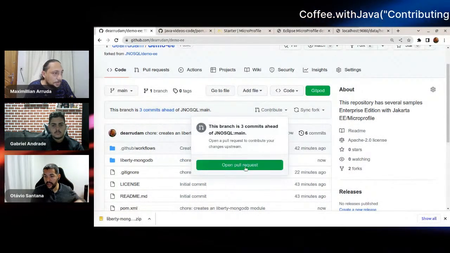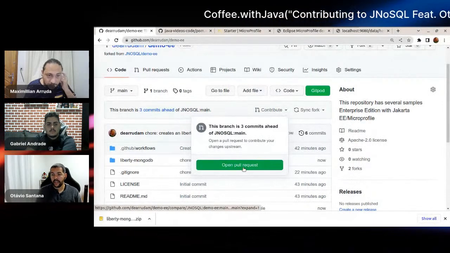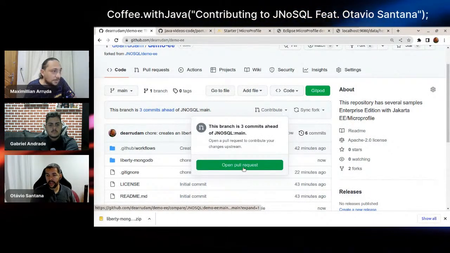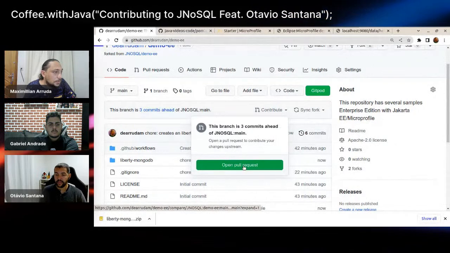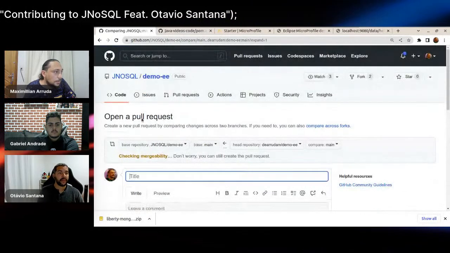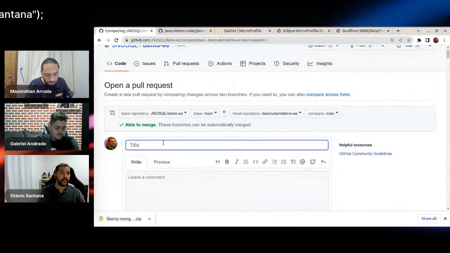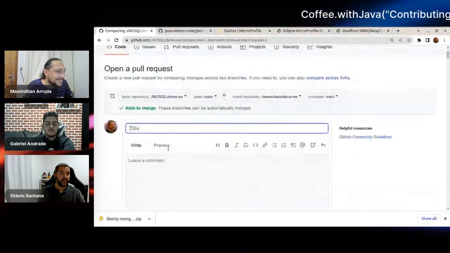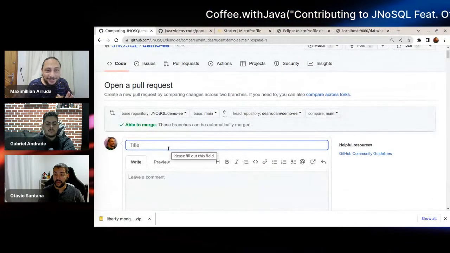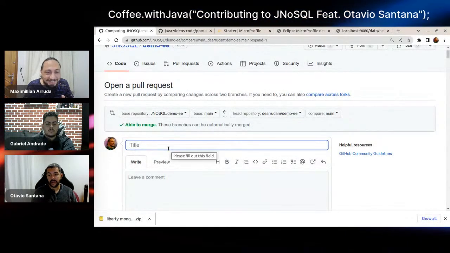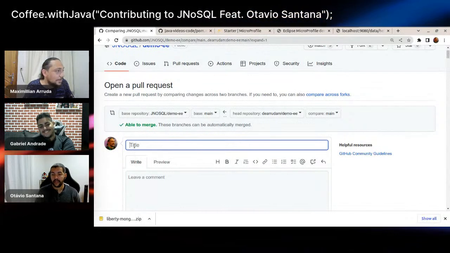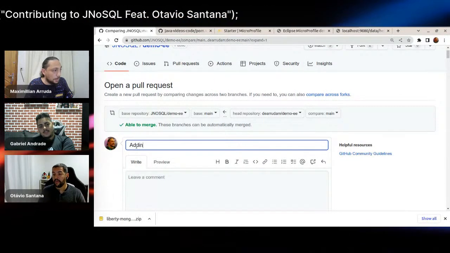But I could open a PR following this pattern, right? Following this button, I open it right here. So what name can I use right now? As developers, we are good with names, so define good names. Yeah, you can say what you did.